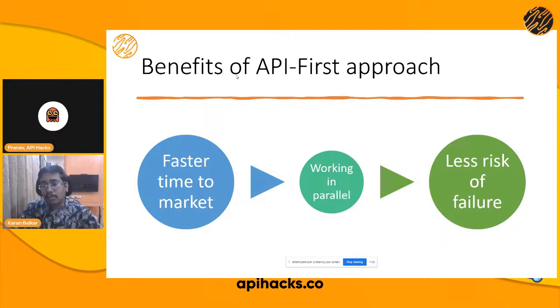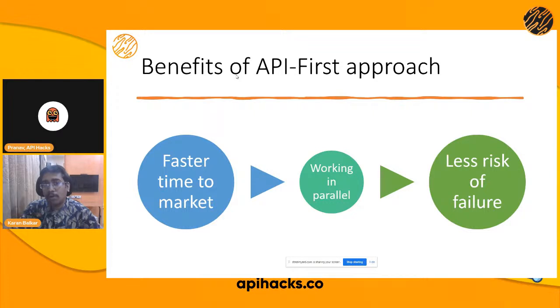And one of the benefits that I've not mentioned over here, but it's something that is worth considering, is that this kind of approach is considered to be more developer friendly, and it has no development or lesser development cost, I would say. So you do not actually spend too much time in developing an API, right? So the developer cost associated with this kind of approach is actually lesser in this case. So these were the benefits of using an API first approach.